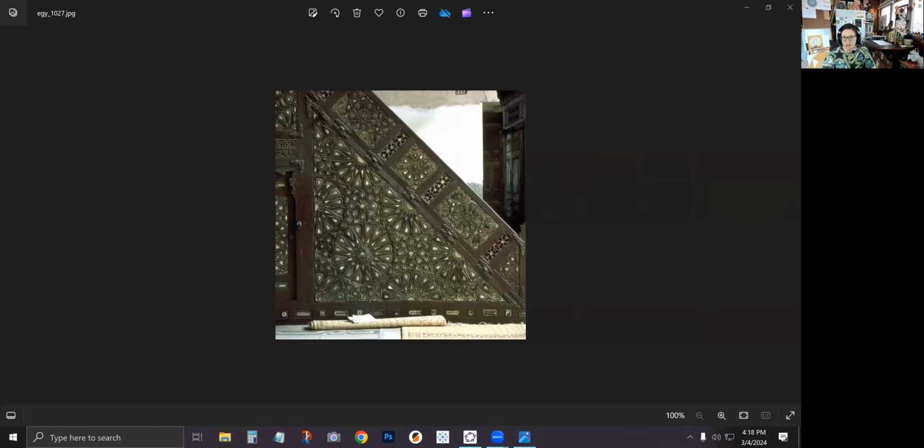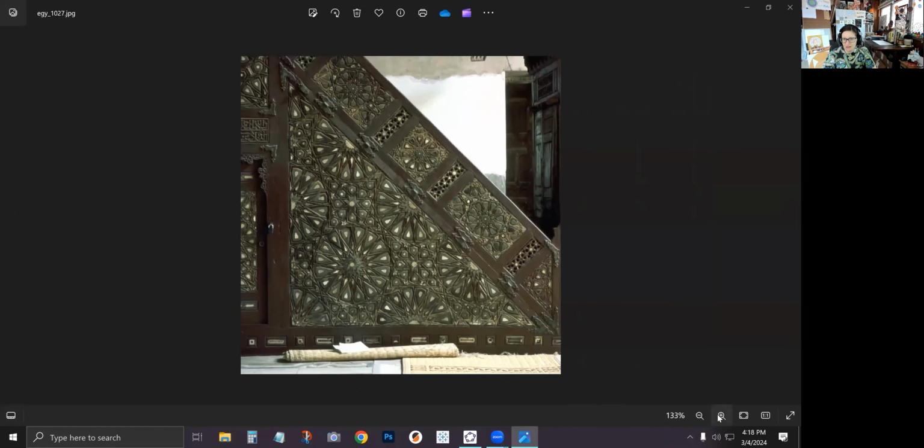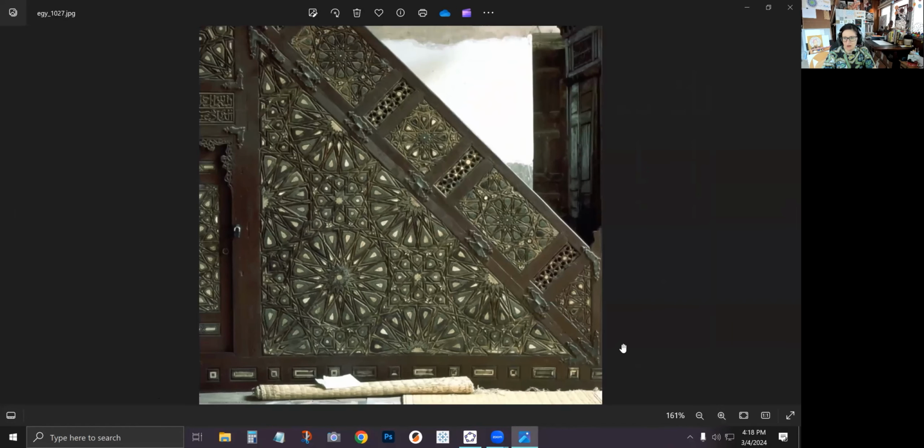Hey everybody, we are going to construct today this pattern from the Sultan Barsbay funerary complex in Cairo that has some beautiful 16-fold rosettes as well as 8-fold rosettes. And we're going to look at how to analyze it and construct it. And we're going to construct it at a 45-degree angle to what you see here, so that our 8-fold rosettes are in the corners and our 16-fold rosettes are in the center, just so that we can easily construct it